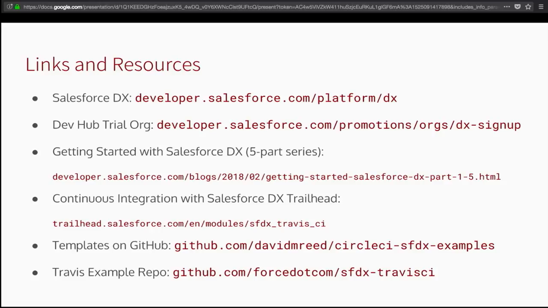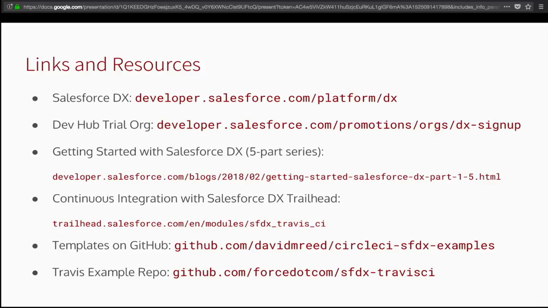Yes, both good and important questions. On the DX side, one of the great virtues of DX is that it allows us to build a CI infrastructure really quickly and in a way that looks a little bit more like the CI that developers on other platforms might be used to.